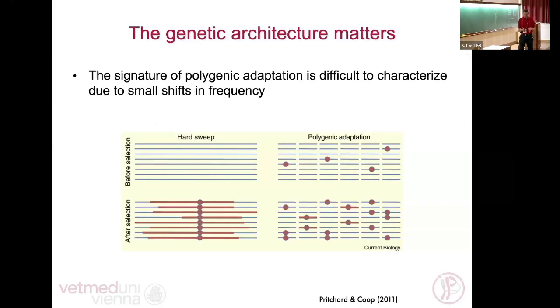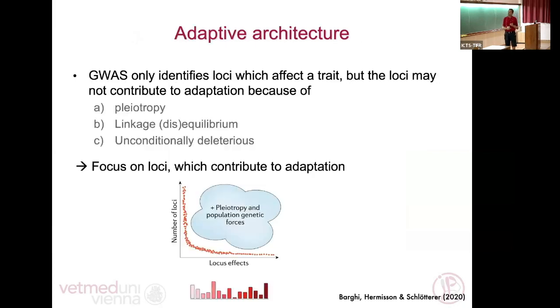I don't want to spend much time on this, but basically the genetic architecture matters. What is the adaptive response we expect to see at single SNPs? With polygenic adaptation, as you know, we expect very little frequency change compared to sweeps, where we see a very pronounced signature that extends into the flanking regions. There are a lot of methods available for detecting this,